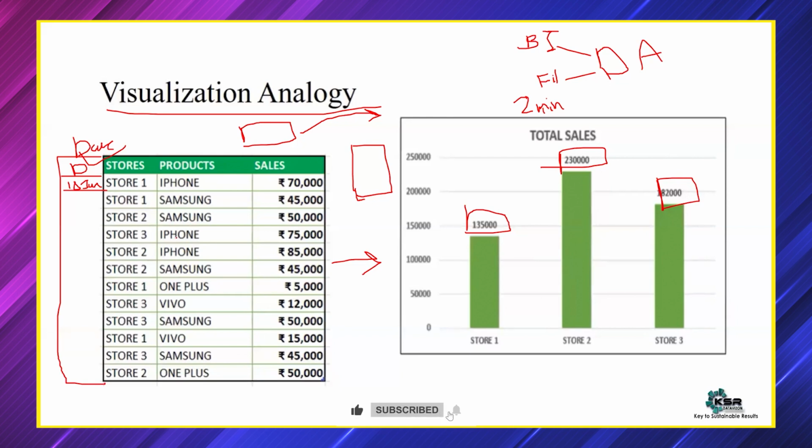Now, store one iPhone, we do have store one iPhone somewhere repeated. I'll take it as a new record. Store one iPhone, same information, which is 70,000, and on the same date, 18th of January 2023. In the same store, an iPhone with the same price was sold. How many of you think this information is correct? How many of you think this information is duplicate?